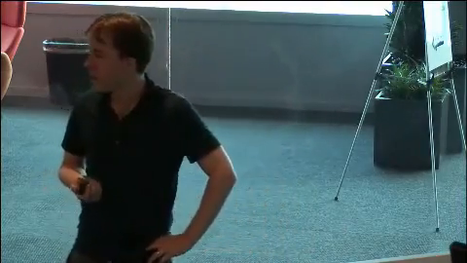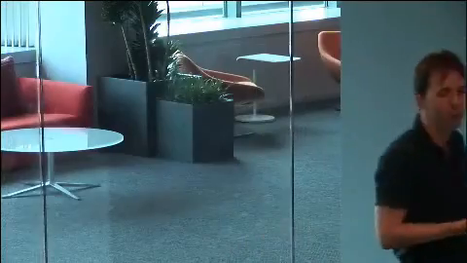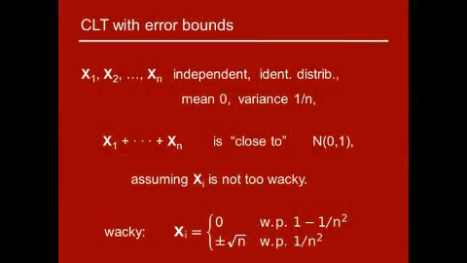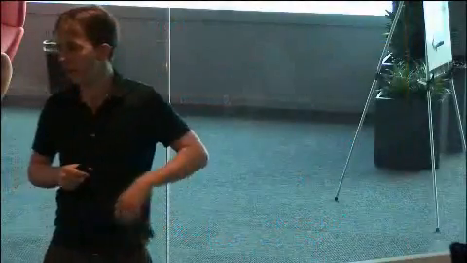Okay, so that's a great theorem, but it's actually terrible for practical purposes in computer science for 2 reasons. One reason is it's kind of annoying that these are identically distributed, but there are versions that get around that. But the thing that really makes it terrible is that this is a limit as n goes to infinity, and in computer science that's useless to us, right? I mean, if you want these to be epsilon close in some sense, how big does n have to be as a function of epsilon? Is polynomial in 1 over epsilon okay? Exponential, logarithmic in 1 over epsilon, what? That is something that is no good about this, and what we really want is some kind of central limit theorem with error bounds.